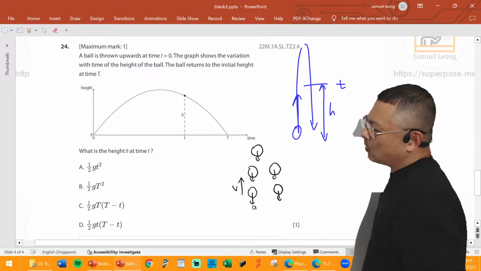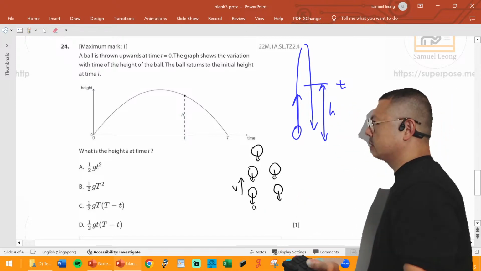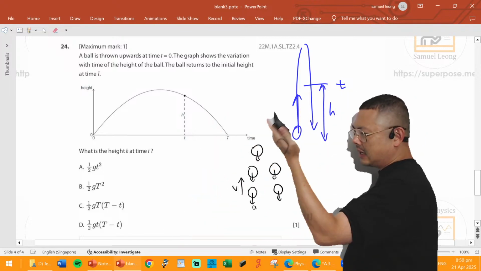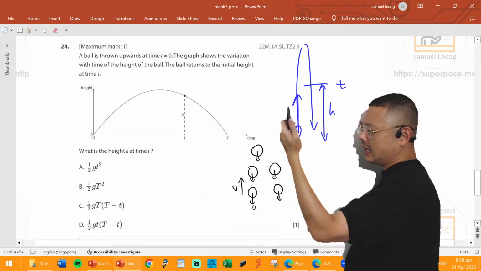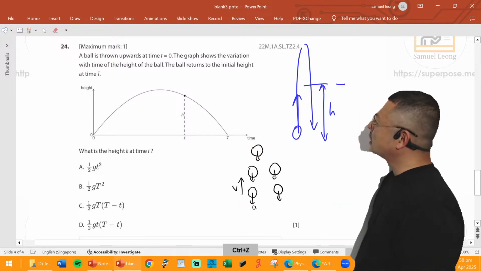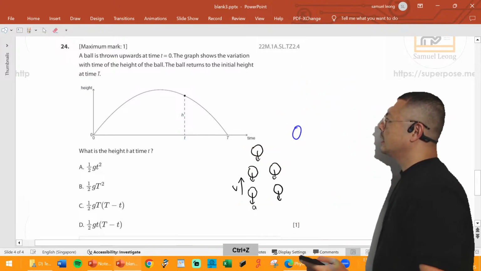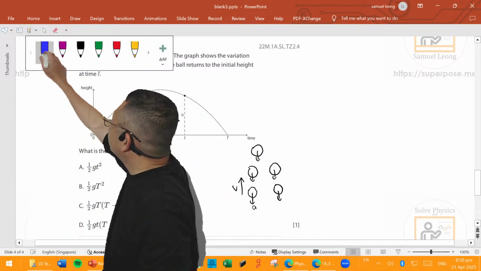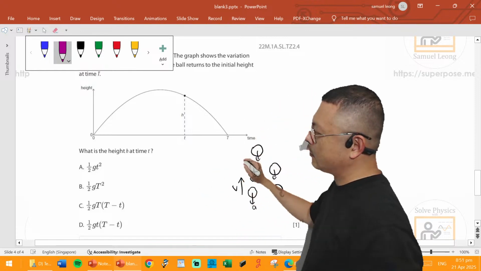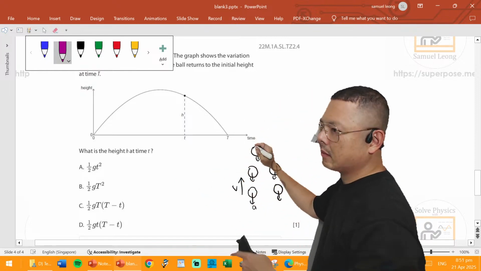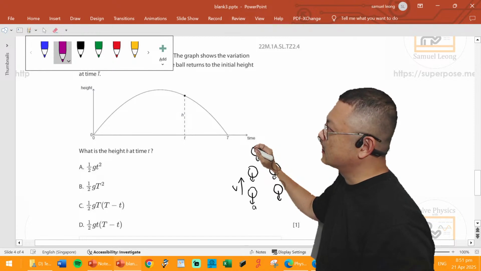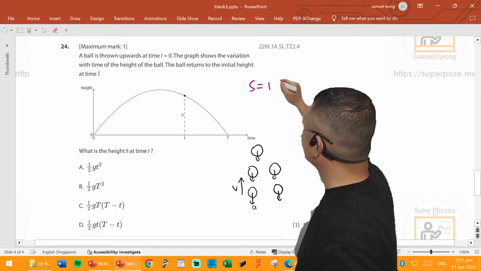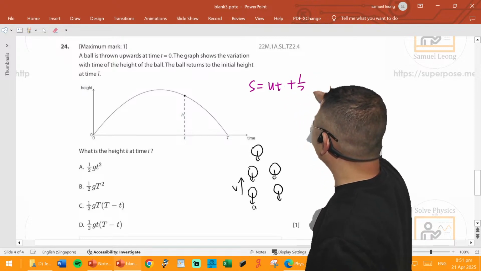So there's just no forward velocity for this. There's only an upward velocity. But the shape is still parabolic, even though it's not a projectile motion. The graph is still parabolic. And there's only one direction of motion to care about, vertical. So we have to look at this graph and recognize that, based on the past examples I've done so far, this graph is s equals ut plus half